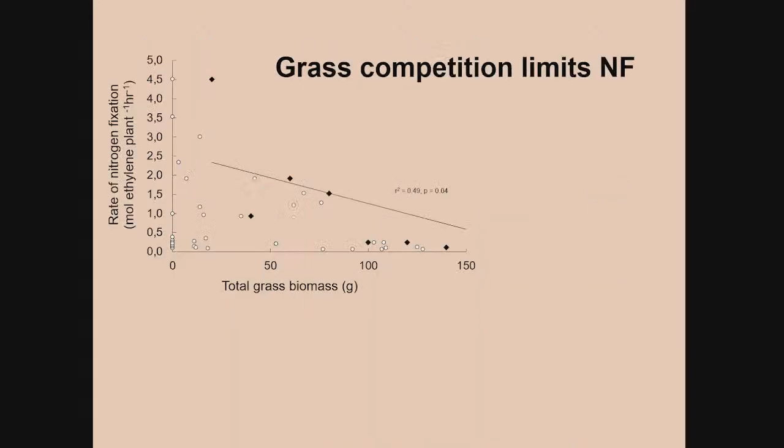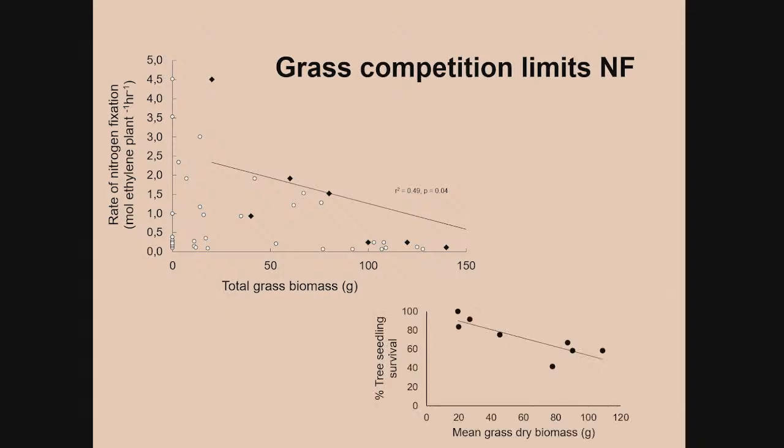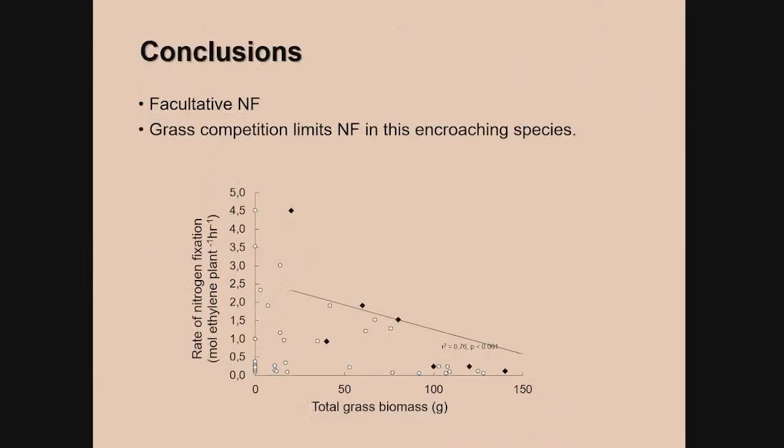However, total grass biomass did significantly negatively affect the rate of fixation as we expected, and it also resulted in significant mortality of the tree seedlings. So we conclude that grass competition has a negative impact on fixation in these species, but importantly that nitrogen fixation is facultative in Vachellia cebriana, so it's highly inducible in response to these